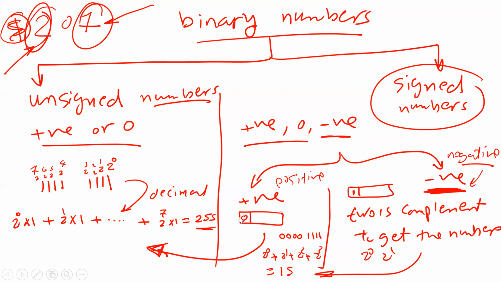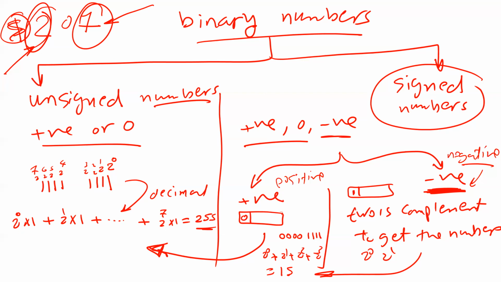This one, as I'm going to explain later, we call it the most significant bit, on the left, not right. The last bit here on the left: if it is 0, that means this is a positive number. If it is 1, that means it is a negative number. Very easy, right? So if I give you a number and tell you this number is signed, just look at the last bit on the left. If it is 0, positive; 1 is negative, right?